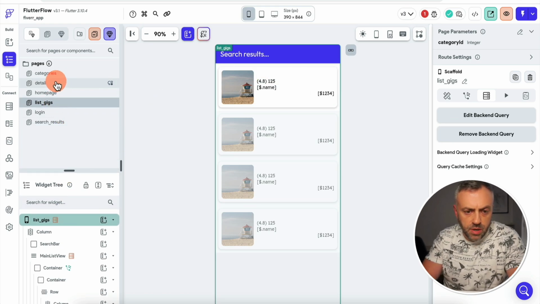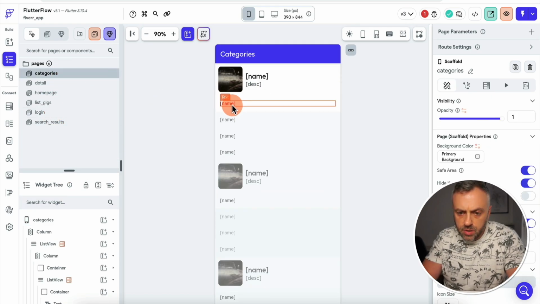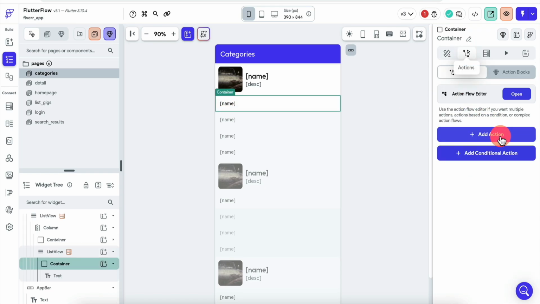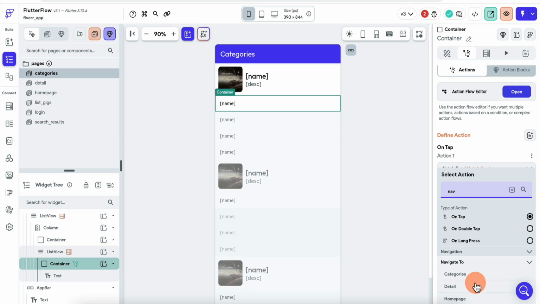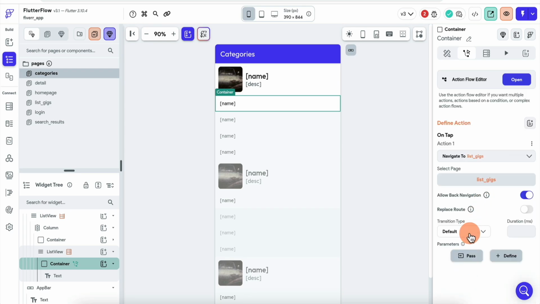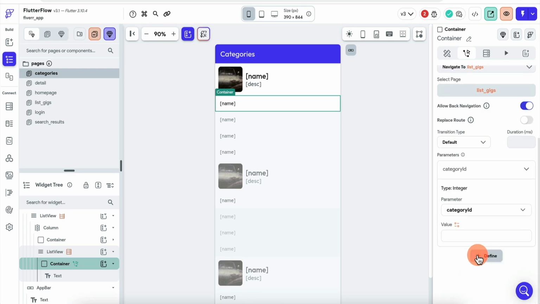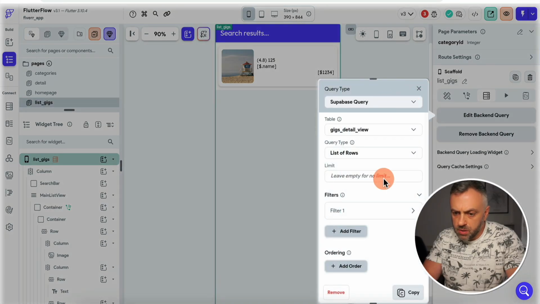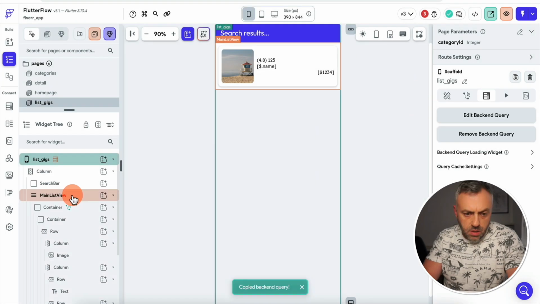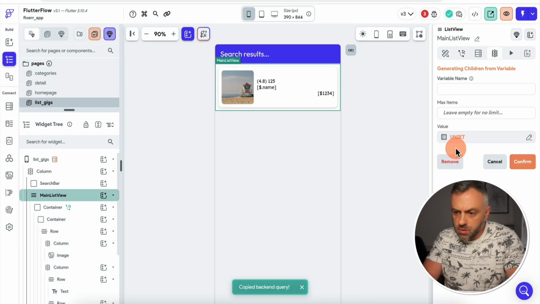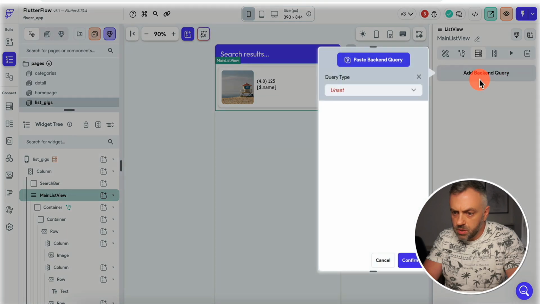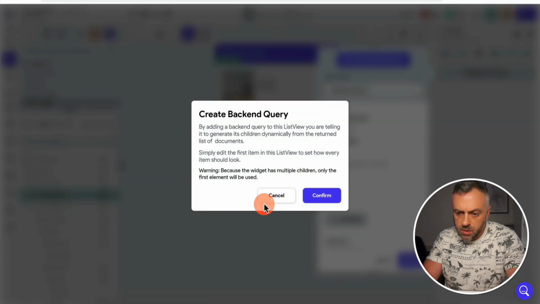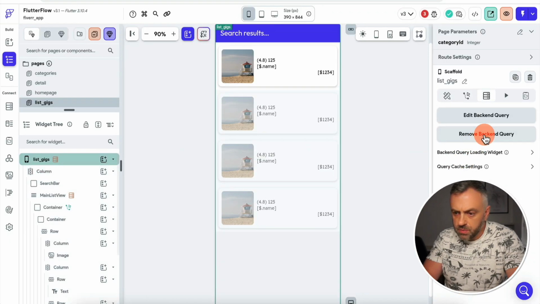and we need to make sure that we're passing it correctly. So I'm going to go into categories here, and I'm going to make this container clickable. I'm going to do a navigate to list gigs. I'm going to pass the category ID here, categories row, category ID. And here what we want to do is take this backend query here. We want to copy it, and we just want to feed it in our main list. Okay, we're going to come here, paste this backend query, and remove it here